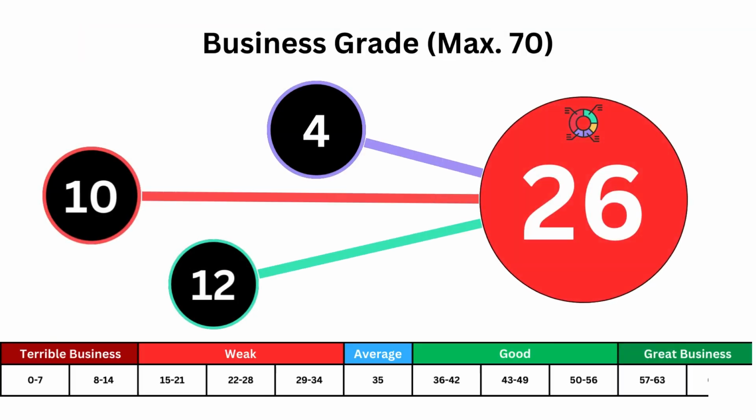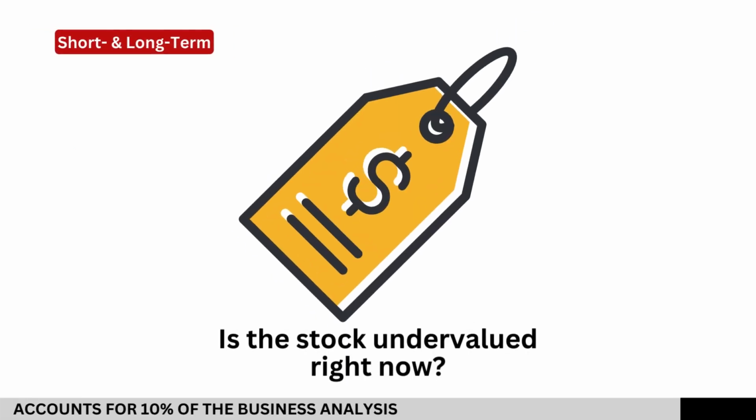Adding all 14 metrics together, we get the business grade for the company with a max point total of 70 being the perfect business. But as long as the total is above 35, we have a good business behind the stock. For long-term investors, I try to avoid stocks with a weak or terrible business, regardless whether it's undervalued or not. So next, we're going to look at Palantir's intrinsic values to see if the stock is undervalued based on